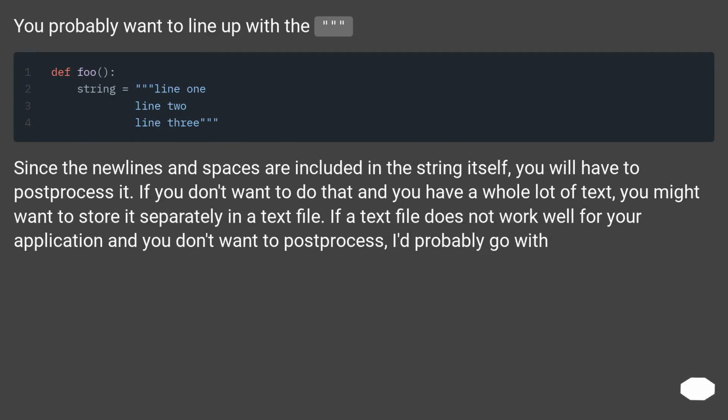You probably want to line up with that. Since the new lines and spaces are included in the string itself, you will have to post-process it. If you don't want to do that and you have a whole lot of text, you might want to store it separately in a text file. If a text file does not work well for your application and you don't want to post-process, I'd probably go with